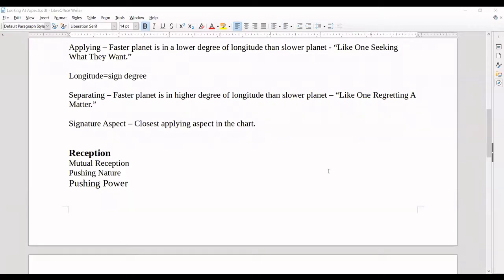Oh, there we go. 12 Capricorn applying to trine Jupiter. Yes, that would be it. Jupiter at 2, going to Venus at 3. What is it? Wait, Jupiter conjunct. Oh, no, Saturn is applied to. Saturn cannot apply to anyone. Saturn can apply to no one because he is the slowest. Remember, only fast planets can apply to slower ones. That's really important. Only fast planets can apply to slower ones.